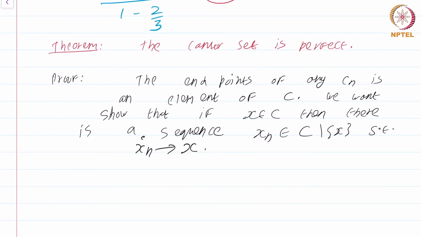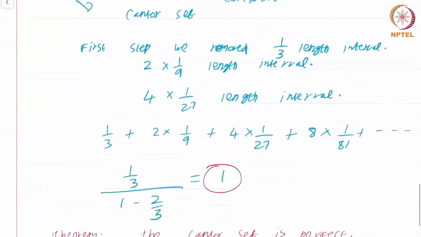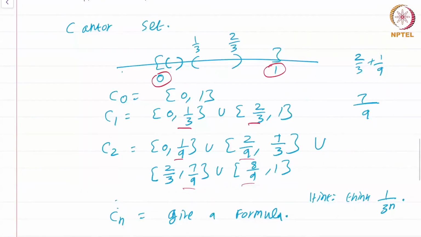Okay. Now, what do we do to produce this sequence xn? Well, let's go step by step. Let's look at this picture again. This point x has to be in C1, right? It has got to be in C1. It's either there in [0, 1/3] or it's there in [2/3, 1]. There are only two possibilities for this. Now, if it happens to be in [0, 1/3], there are three possibilities. It's either 0 or it's 1/3 or it's somewhere in between. Those are the three possibilities.